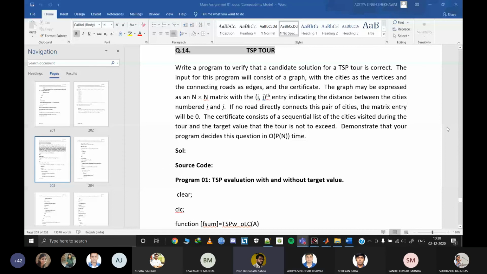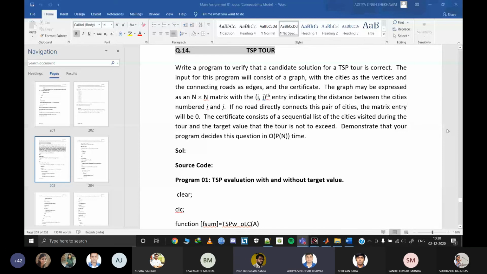When we discuss NP complete problems with reference to languages and others, we call it a certificate. And when we discuss even the circuit satisfiability problem, we call it a certificate. Suppose there are 3 bits, 100 is a certificate, something like this. And here we say the certificate consists of a sequential list of cities visited during the tour.